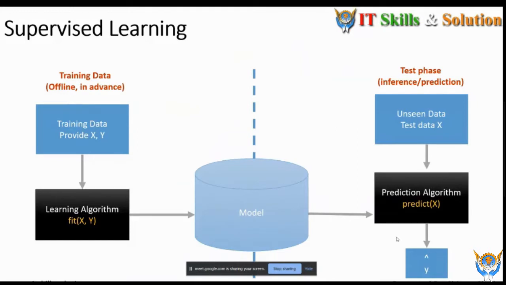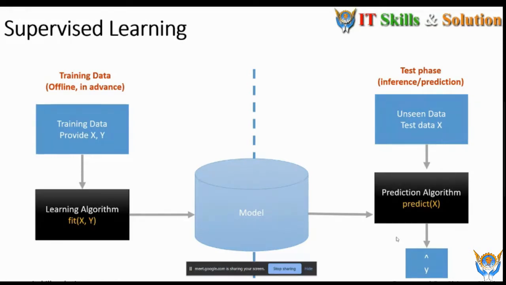Okay, the next thing is, what are the tasks in machine learning? There are two kinds of tasks. And yes, we will also see stock price prediction. They are also use cases of machine learning. Stock price prediction, score prediction, and we also predict which team will win or which team will lose. So they are also use cases of machine learning.